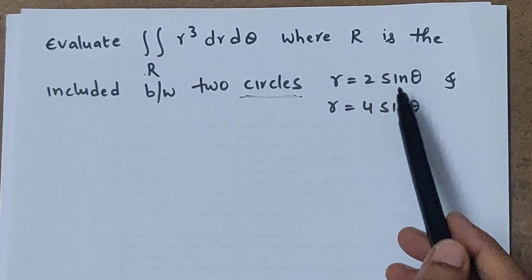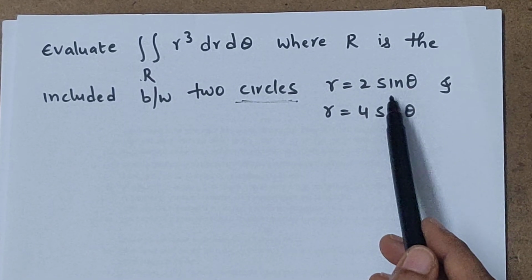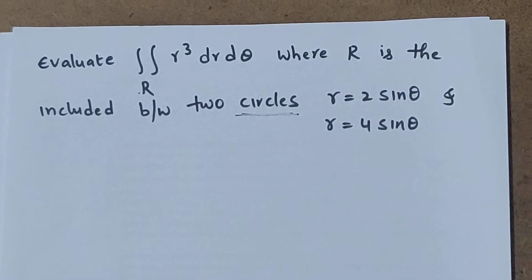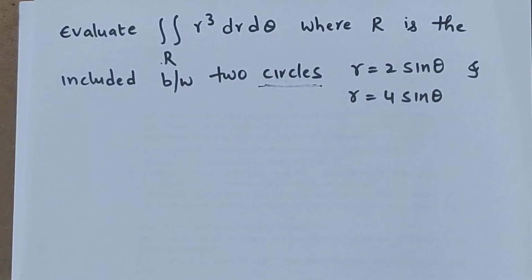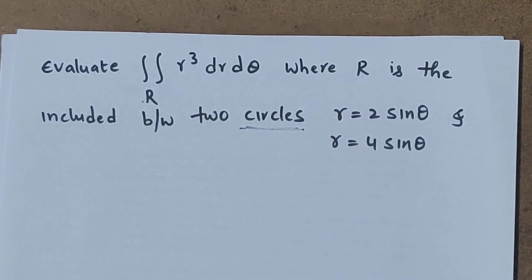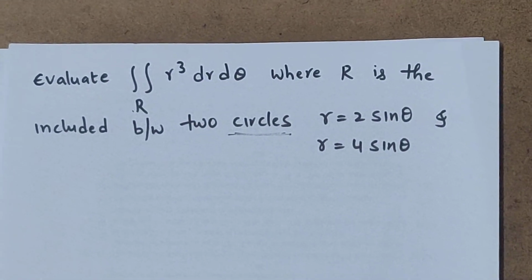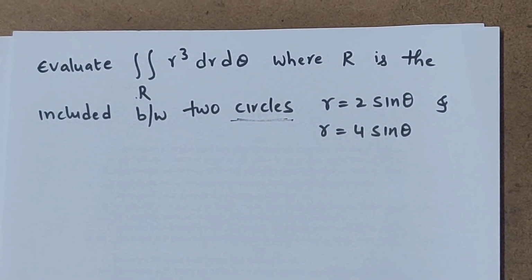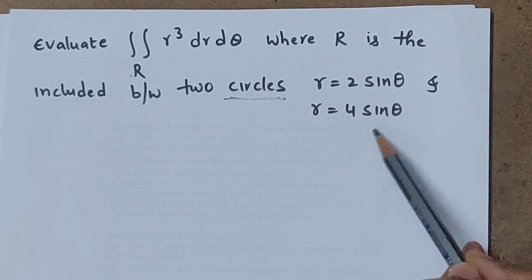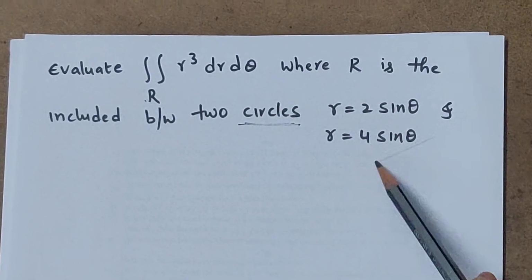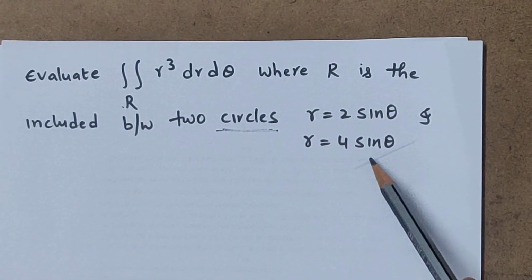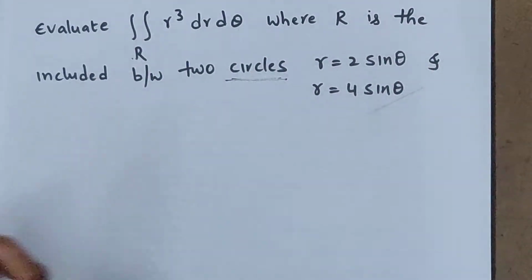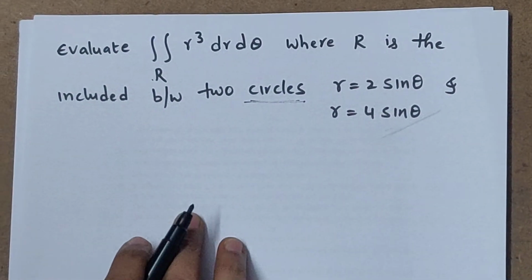That's why first convert the polar form circles into Cartesian circles, because we know the circle equation x square plus y square equal to a square. That is a circle with center 0, 0 and radius a. As it is a Cartesian circle, we are able to say its center and radius. But here these are polar circles. Just by seeing polar circles, we can't say center and radius. That's why the first step is to convert polar circles into Cartesian circles.